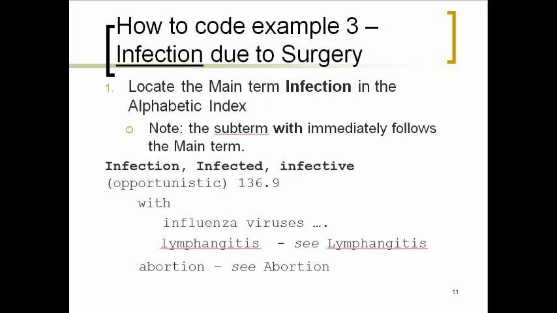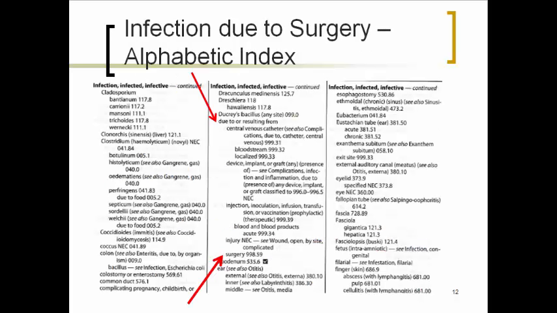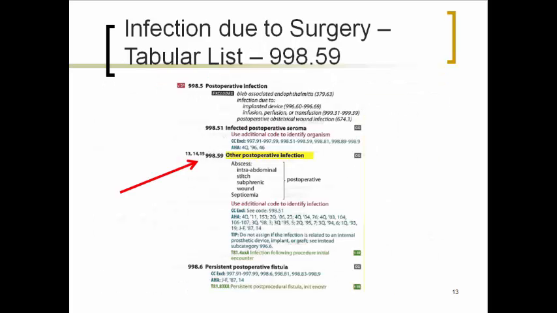Let's try one more. We have infection due to surgery. Our main term is infection. We find it in the alphabetic index, and we see just one quick thing right underneath infection. There's a "with," and then it proceeds to the alphabetical listing. We need to find "due to." You're going to have to search through because there are multiple columns in this one. So we find due to or resulting from surgery, 998.59. Since we never code from the alphabetical index, we look in the tabular. And there we have it, 998.59, other post-op infection. Congratulations, you've just completed